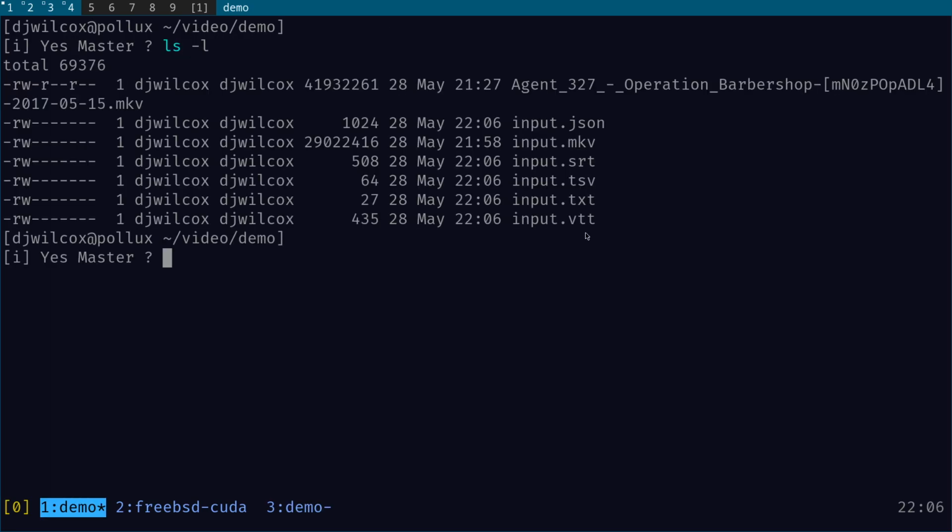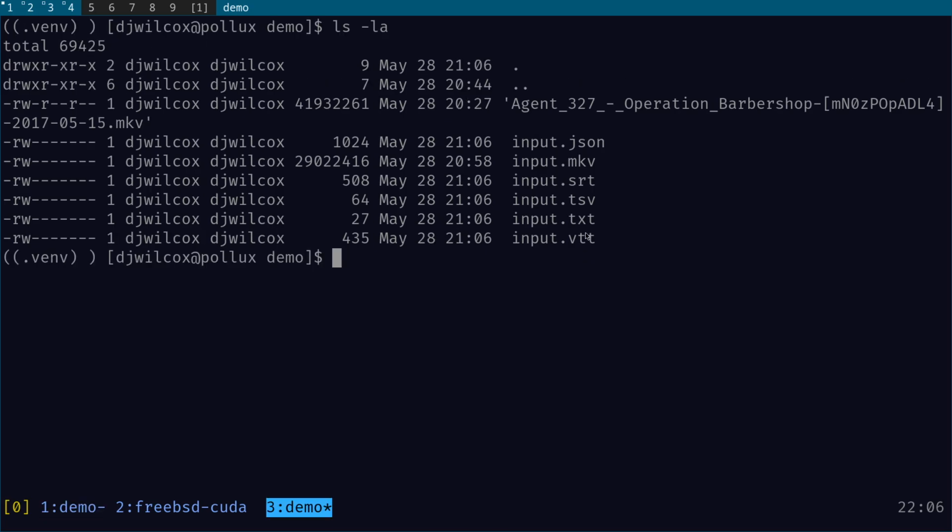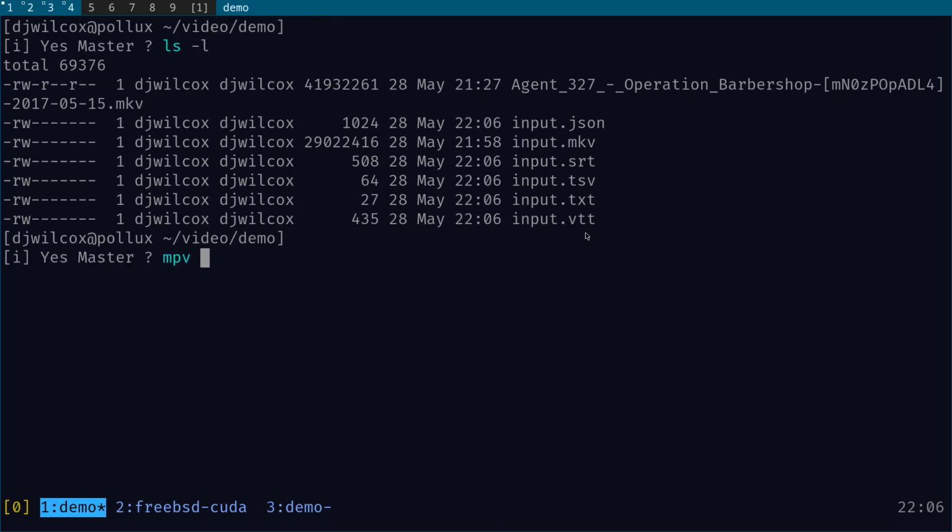Okay, so I'm on FreeBSD now. See, exactly the same thing. If I play with MPV input.mkv, because the generated subtitles have the same file name but a different extension as the video, MPV should automatically pick this up. And I think I don't have this set up. Actually, I don't have this set up. Okay, I haven't set up